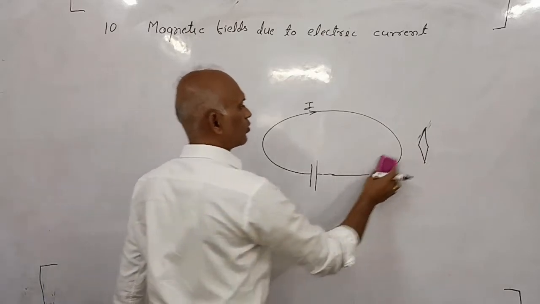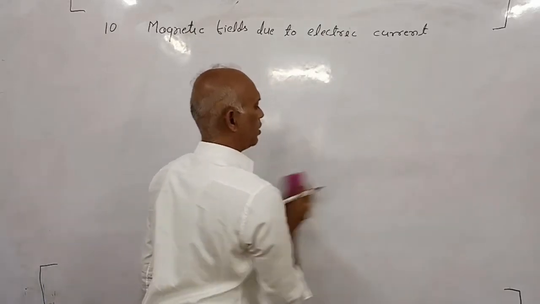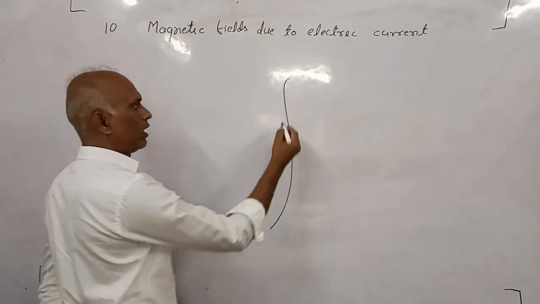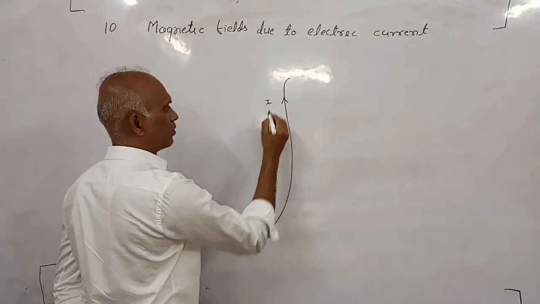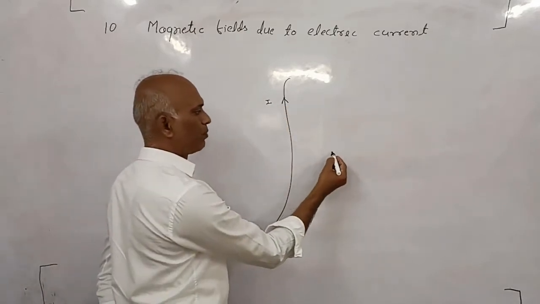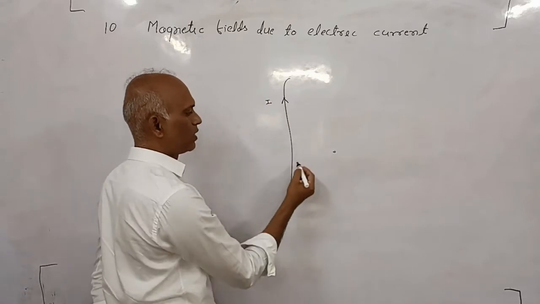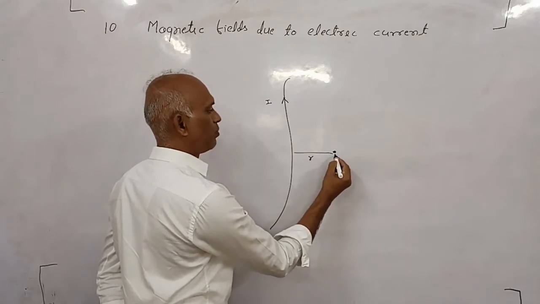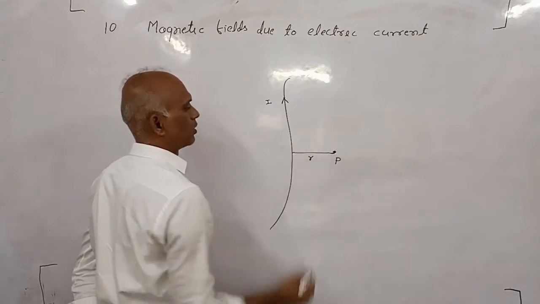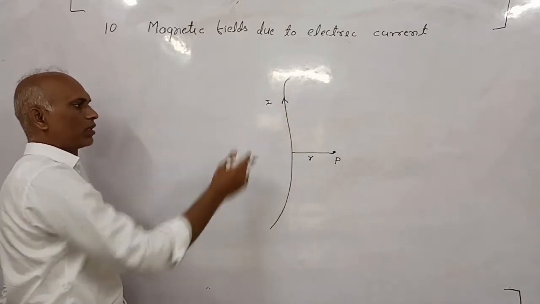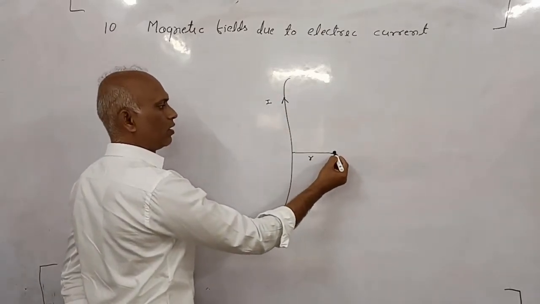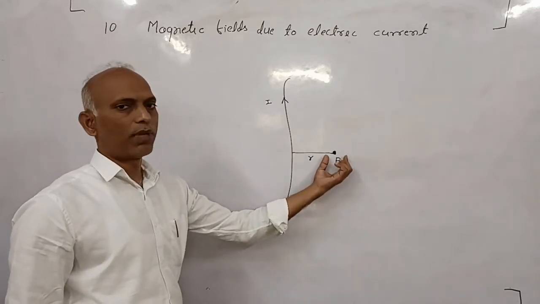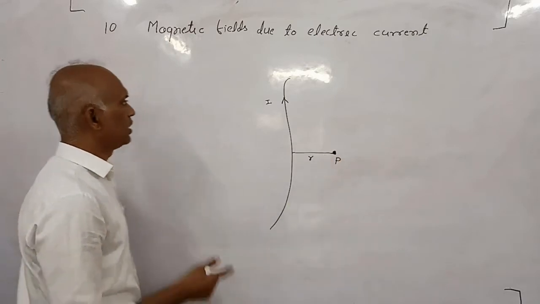Example, consider a long current carrying conductor and I is the current flowing through this conductor. Suppose there is a point P, whose distance from this current carrying conductor is R. When the current is flowing through this conductor, any object placed at point P will experience a magnetic force, and that force is given by